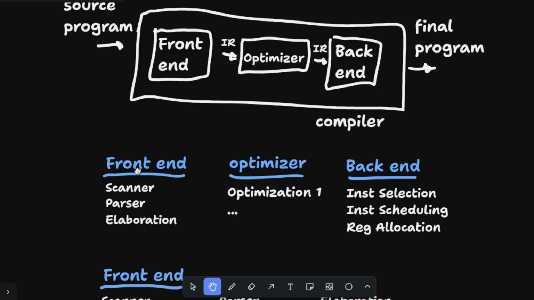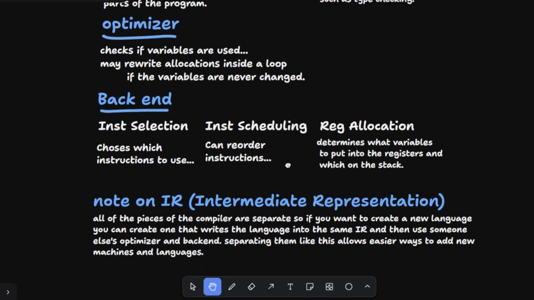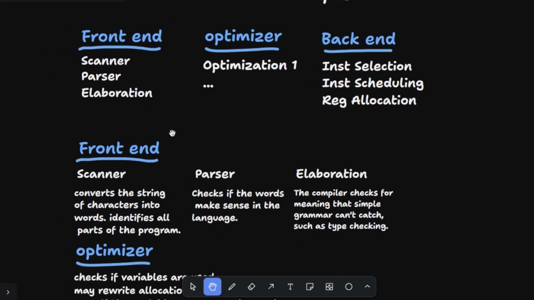The front end is made up of a scanner, a parser, and then elaboration. And then the optimizer is made up of optimization one, and then as many optimizations as the optimizer decides to do, right? And then the back end is made up of, what is it made up of? Shoot. Oh, instruction selection, instruction scheduling, and then register allocation, right? So the front end